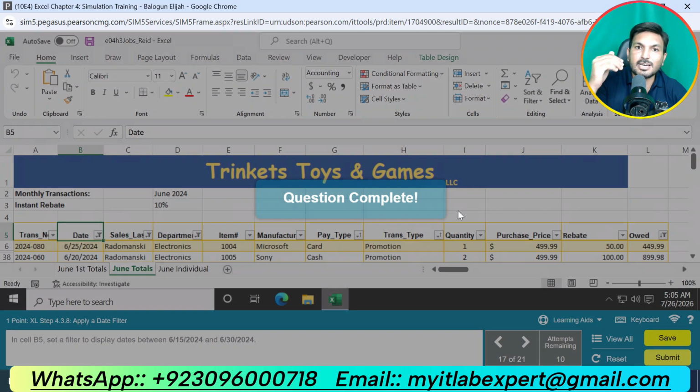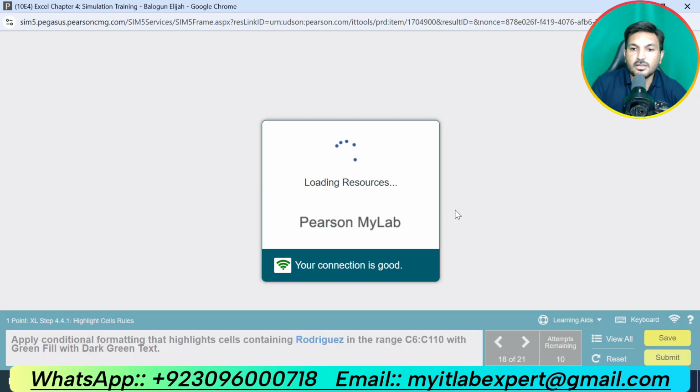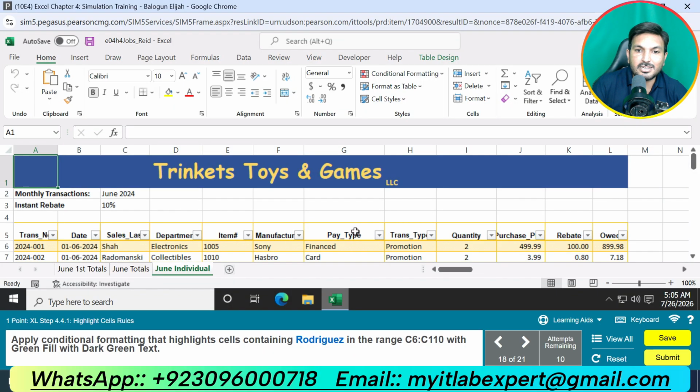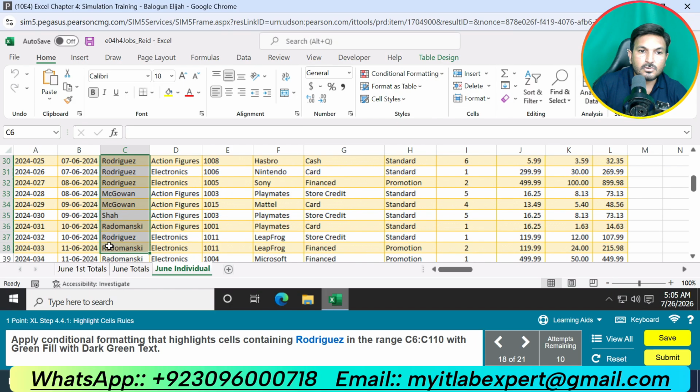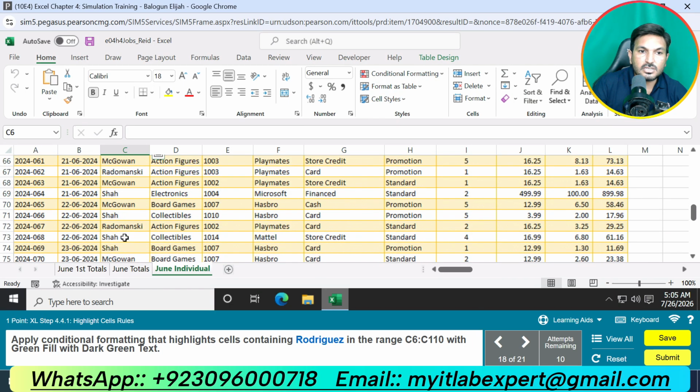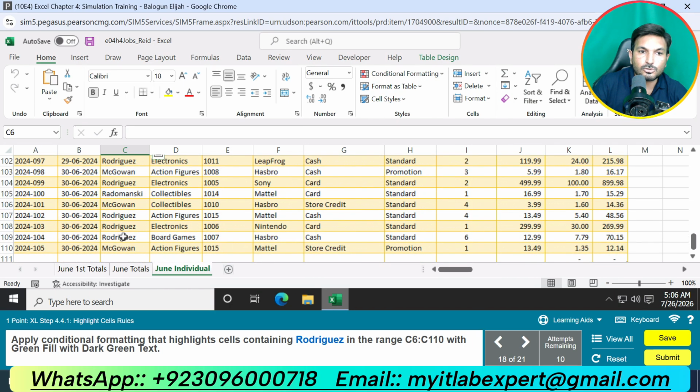Now we are supposed to do the next question, that is question number 18. Apply conditional formatting to highlight cell rules that contain Rodriguez in range C6 up to C1110. So select C6 up to C1110, we are supposed to select this range. I have selected that range.